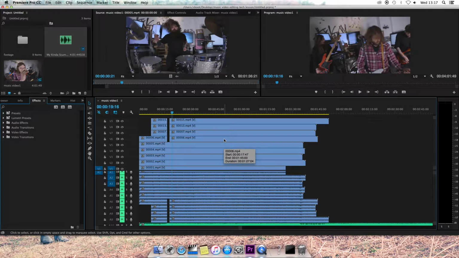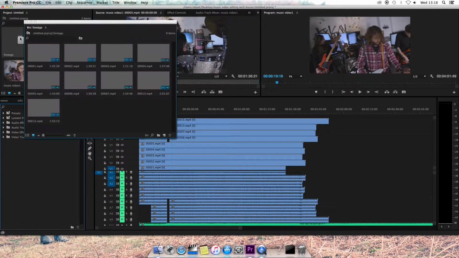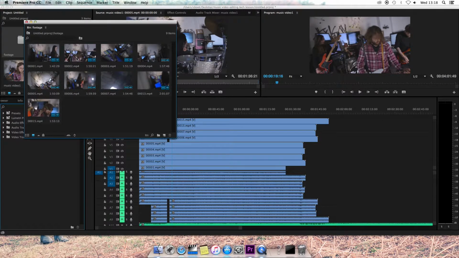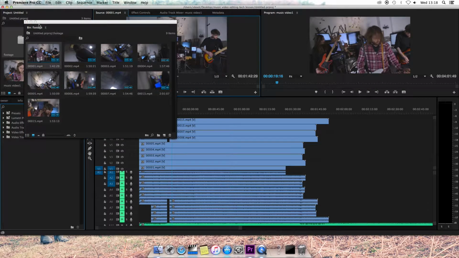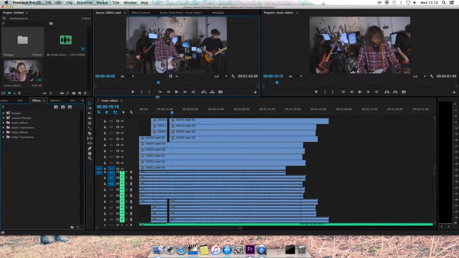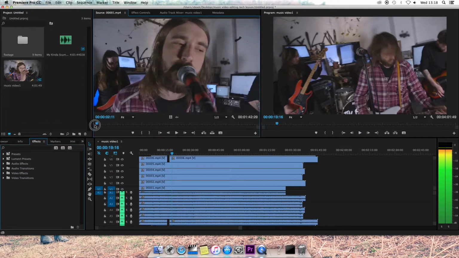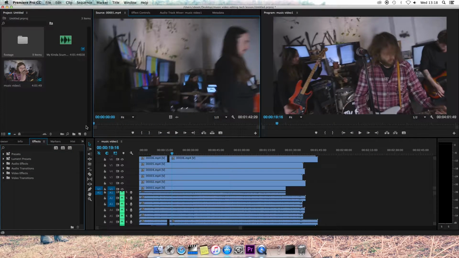It is a much easier way of making music videos compared to trying to sync every individual clip up all the time. Tips for when you're recording it live: make sure that you record the actual live track in the background. So if I go to a clip that I've recorded, and just show you the live audio. What I've done is I've played on a PA behind them a very loud version of their finished recorded track,